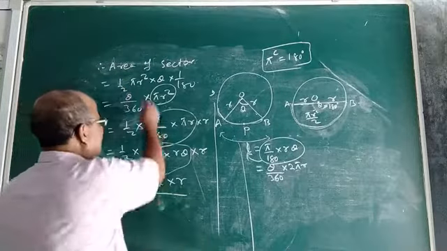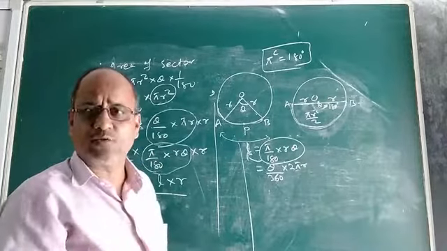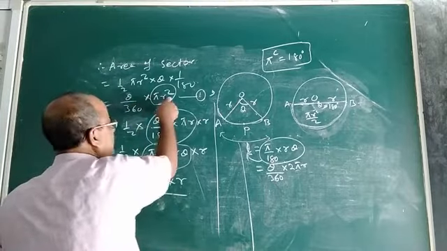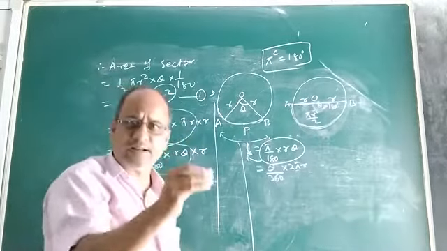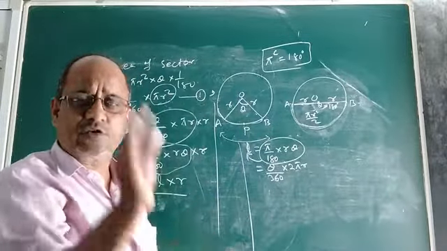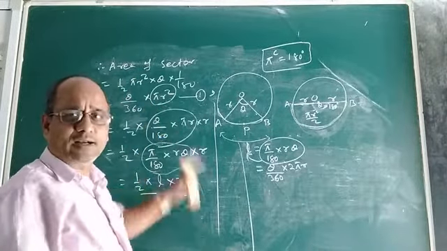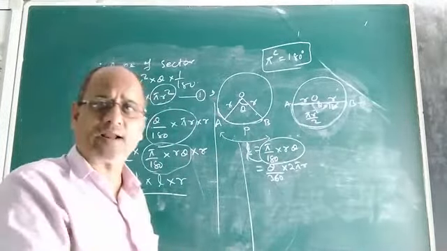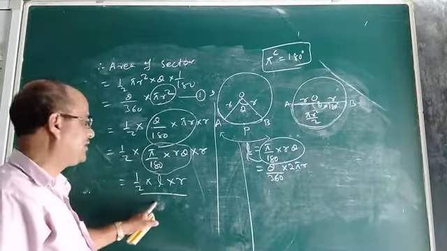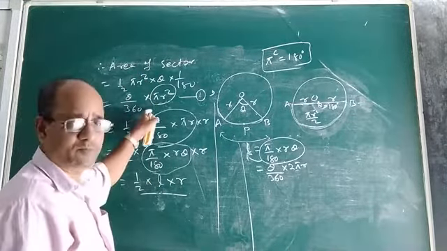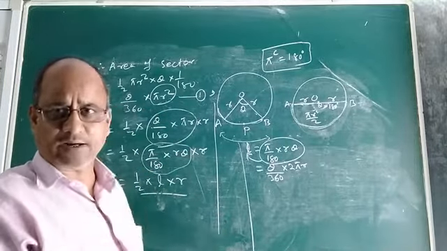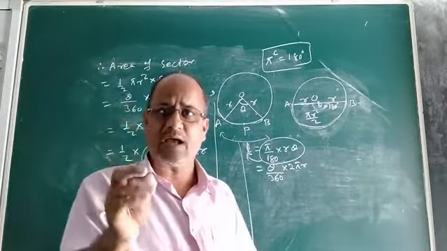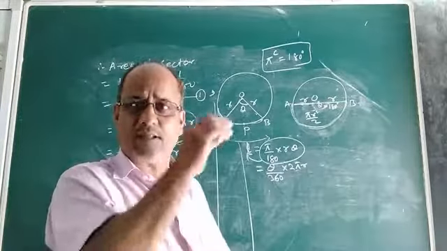Thus we came to know that area of a sector can be calculated by two formulae. The first formula: area of sector is theta by 360 into pi r square, where theta is the sector angle and r is the radius of the circle or sector. So if r and theta are given, you can use this formula directly to find the area of a sector. But in case theta is not given, but you are given the length of arc and the radius, use the formula half L into r. This formula can be derived from the first formula. So you came to know what is radian, what is degree, what is the relation between them, and how to calculate area of a sector if the sector angle and radius are given, and if the length of arc and radius are given.